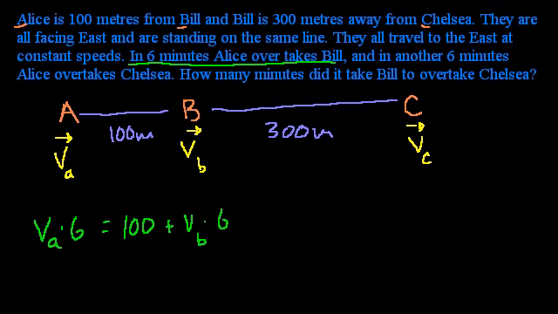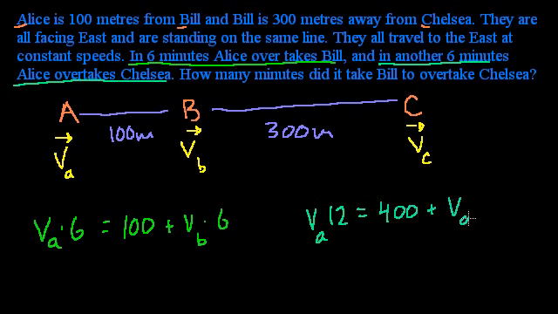And then the next thing this problem tells us, in another 6 minutes, Alice overtakes Chelsea. So from the beginning of our time, it essentially takes 12 minutes, right? 6 minutes to overtake Bill, and then another 6 minutes to overtake Chelsea. So 12 minutes to overtake Chelsea. So we could write that as the distance that Alice travels in 12 minutes is equal to, well, if she has to overtake Chelsea, that means she made up 400 meters of distance, so she traveled 400 more meters. So the distance that Alice travels is going to be 400 meters more than the distance that Chelsea travels in